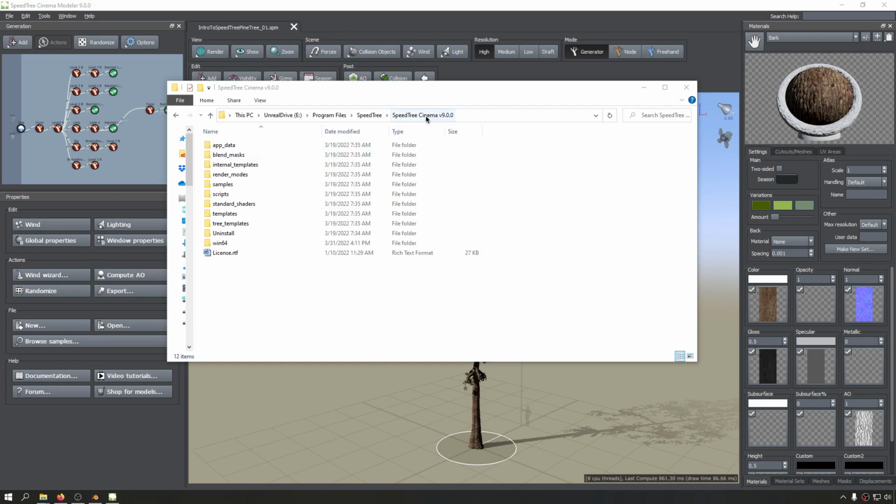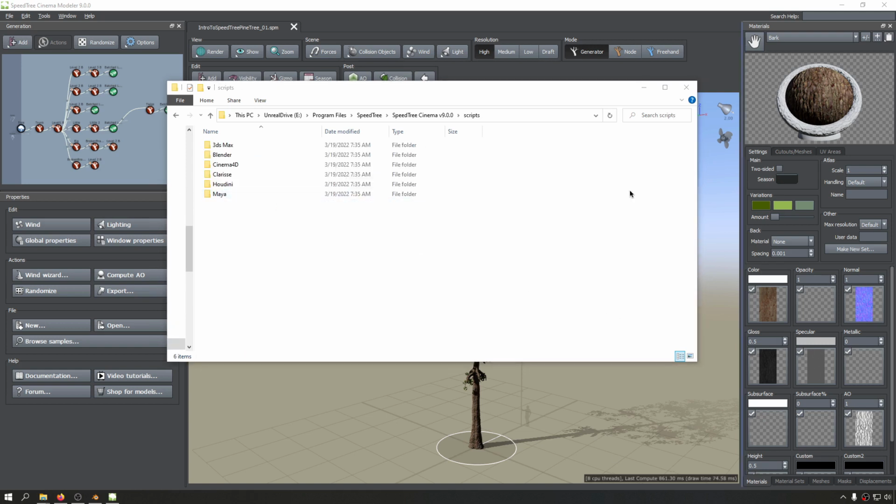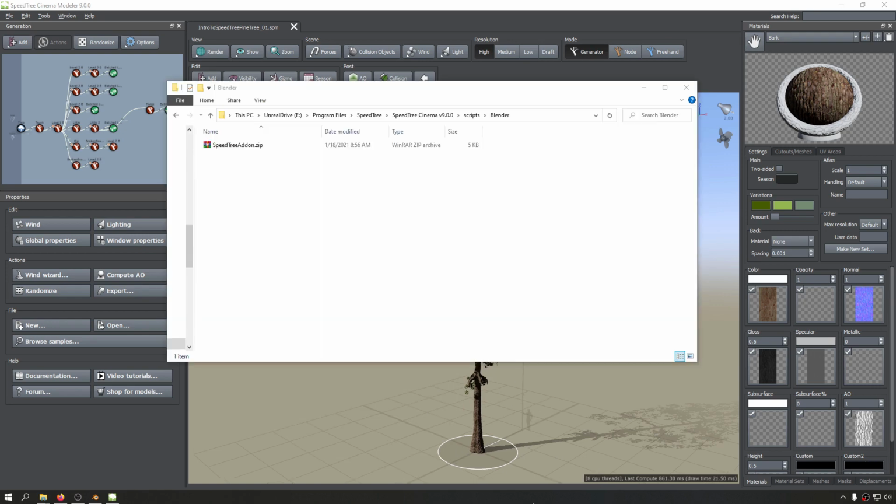So this is our Speedtree directory. And to get those plugins, you simply need to go to a scripts folder. So there are plugins for Max, for Blender, Maya, Houdini, and every software that you use. So now we're going to experiment with Blender. There's a zip file in here, and we need to copy the directory and go into Blender to install